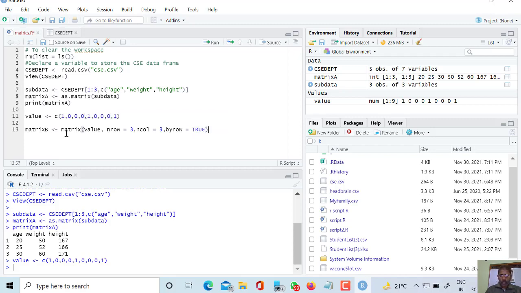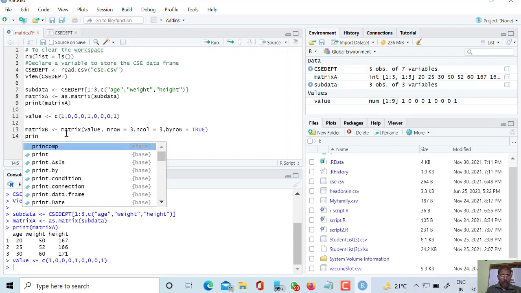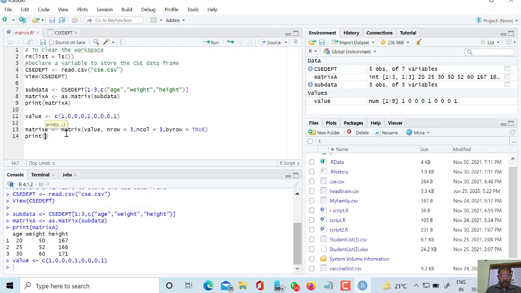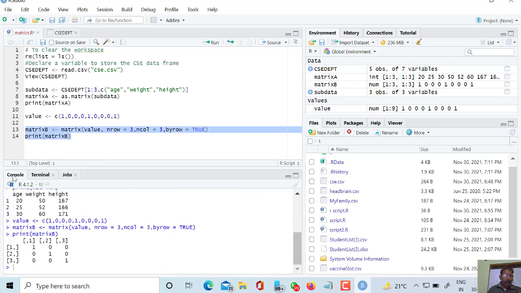So in this way also we can create a matrix from a vector. So let us check. Print matrix B. I am executing this, and here we can see that we have got the identity matrix. So in this way we have got two matrices, matrix A and matrix B.